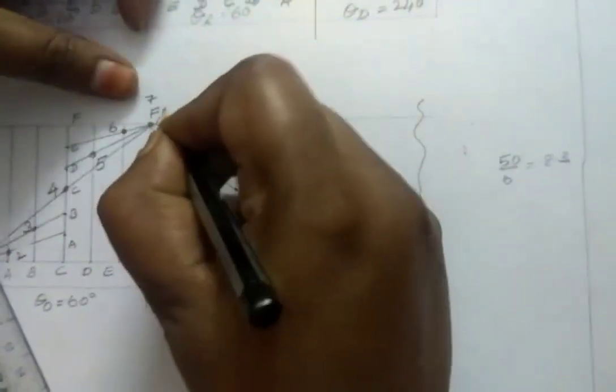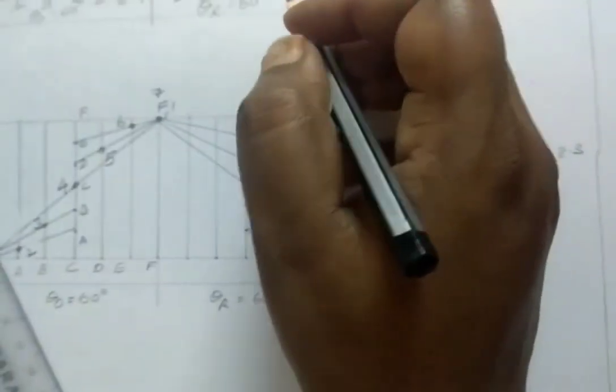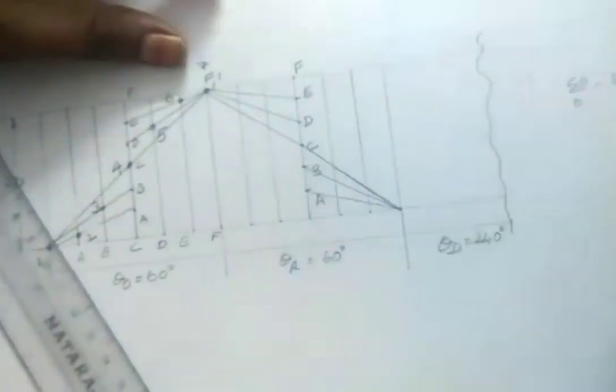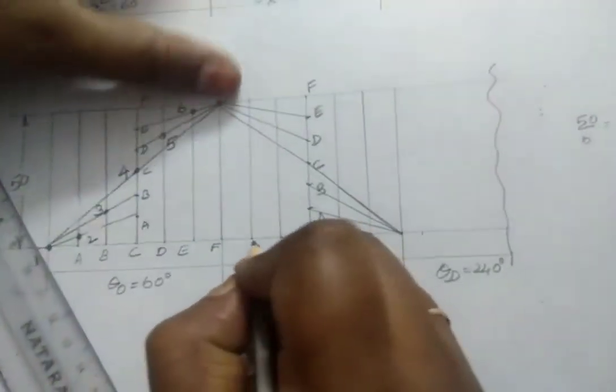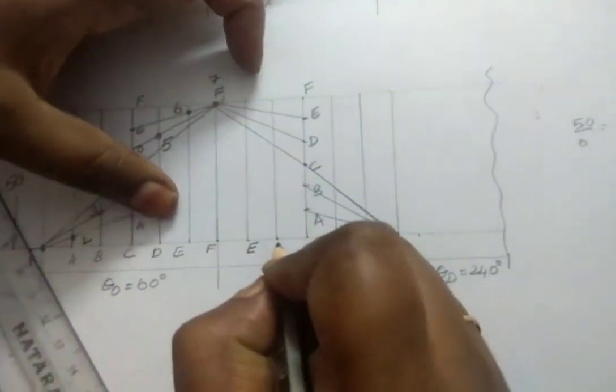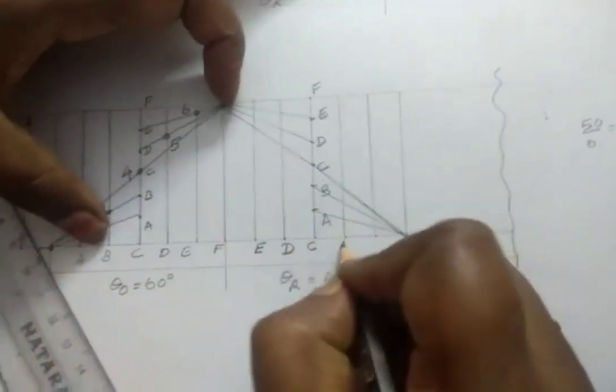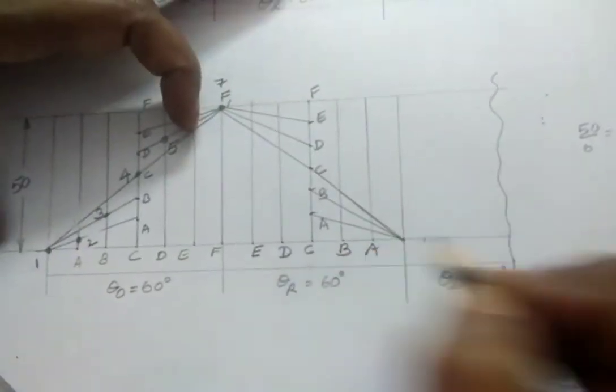So now you just mark this F as it is. Either you make it F dash or simply keep it as it is, no need to, because we are giving numbers only. So now here you have to give that F is over. Now E, D, C, B, A again.